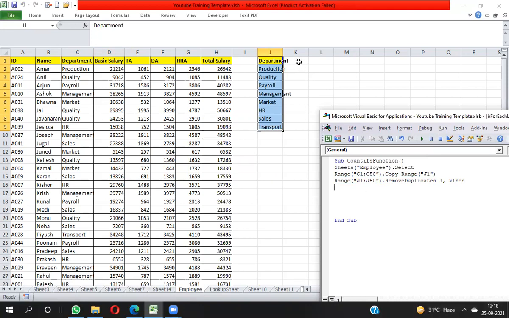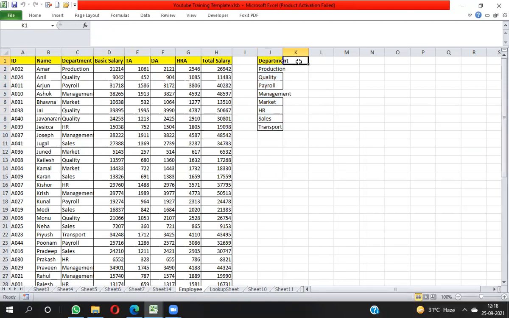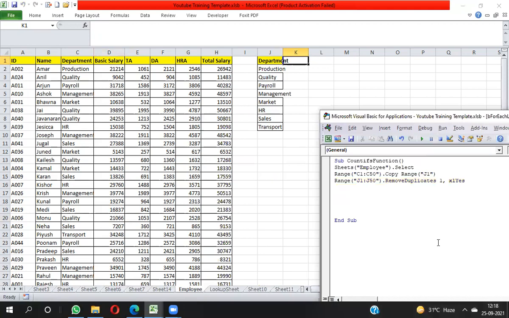Here I need to take the header of COUNTIFS: Range K1 equals the header, Emp count. You can take any header here. Now I need to apply the COUNTIFS function.